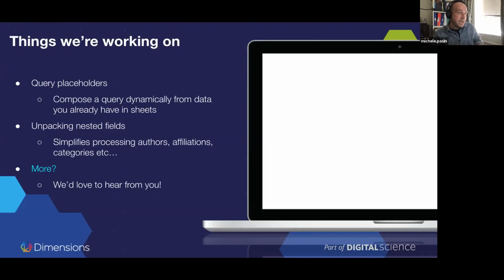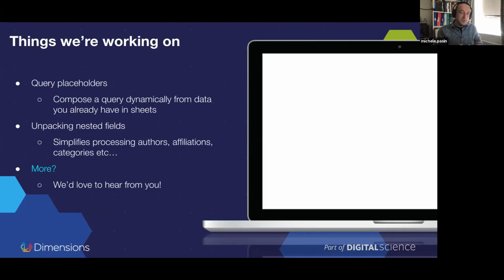I see there's another question coming through from Rita. In Sheets, the maximum number of records returned is 30,000. Is it possible to access more than that number with limit and skip? Yeah, that's a very good point. I should have mentioned, 50,000 is the maximum you can pull using the API, using limit and skip. We allow 30,000 in this first release of the Sheets plugin,